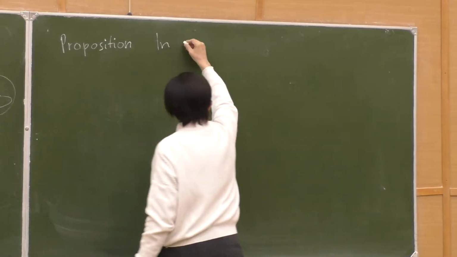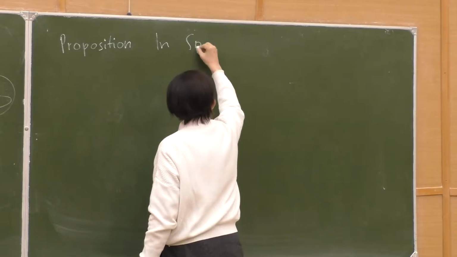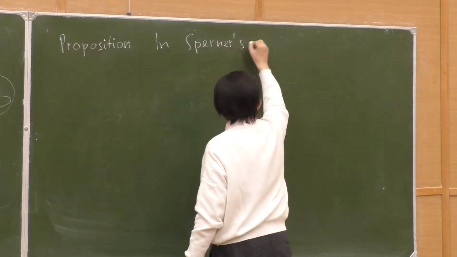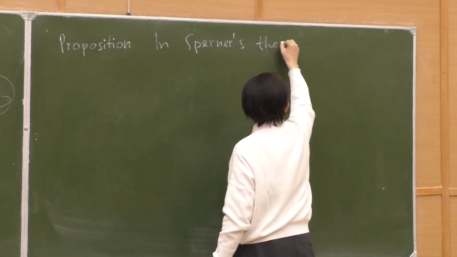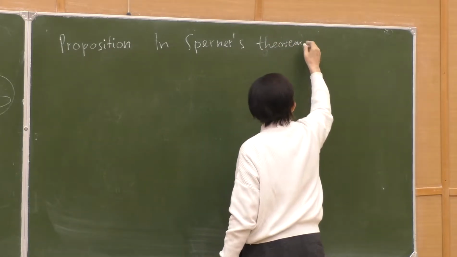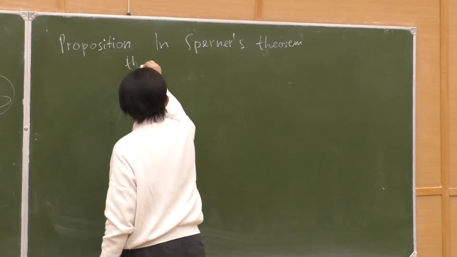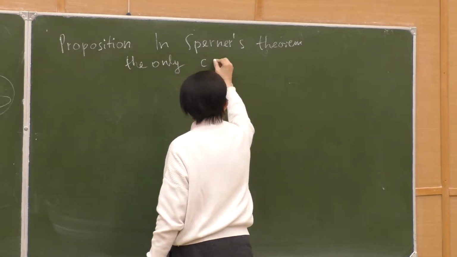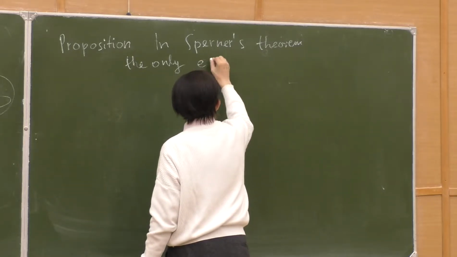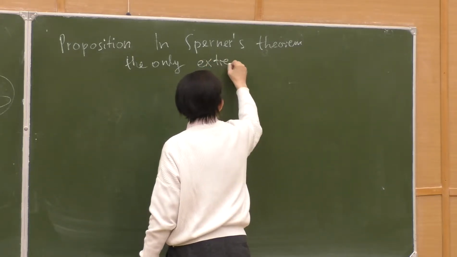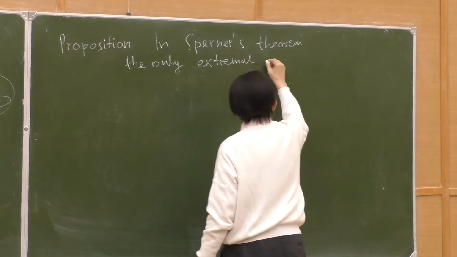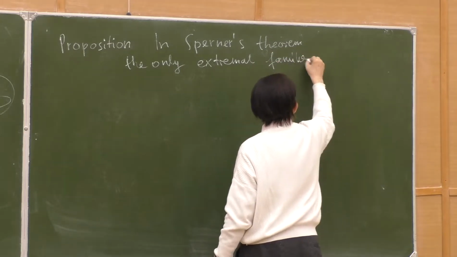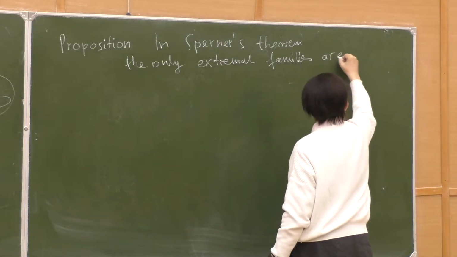So the proposition is that, I write it very shortly, in Sperner's theorem the only extremal families are